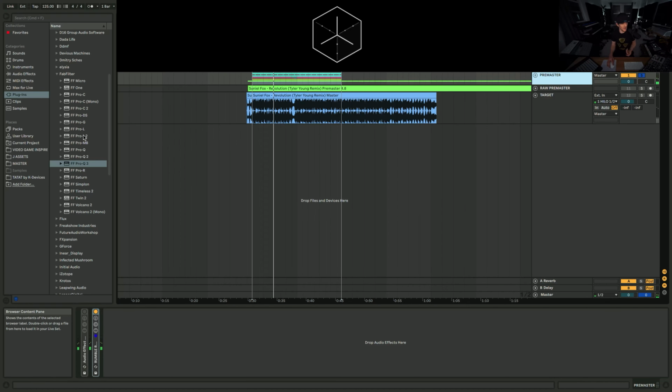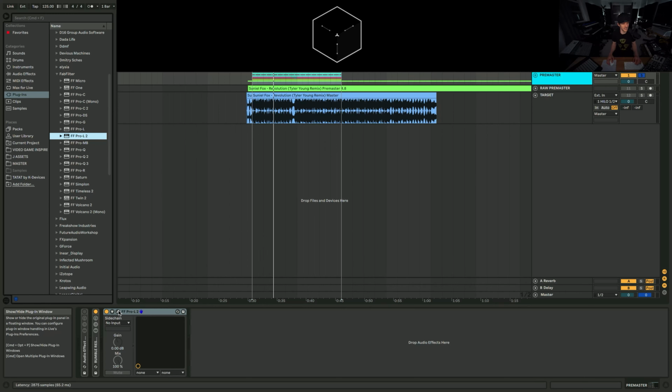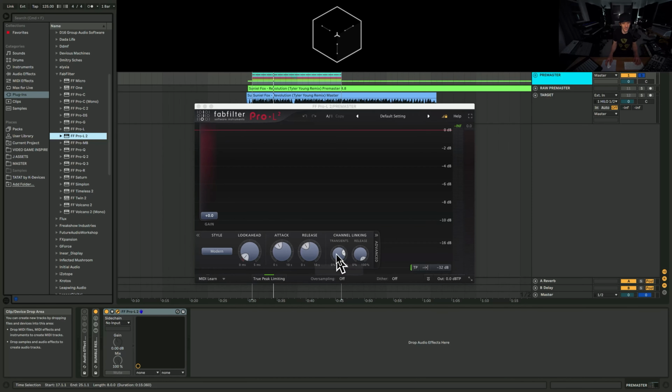So what I'm going to do now is stick a limiter on here, a rough old limiter. Doesn't matter. I'll go with the Pro-L. I'm going to pull these back, pull this back, pull that back. And I'm just going to try and hit this loudness target as is. Can I get to where I need to go with what I have right now? Or will something get in the way? Simple question. Let's see what we can do.